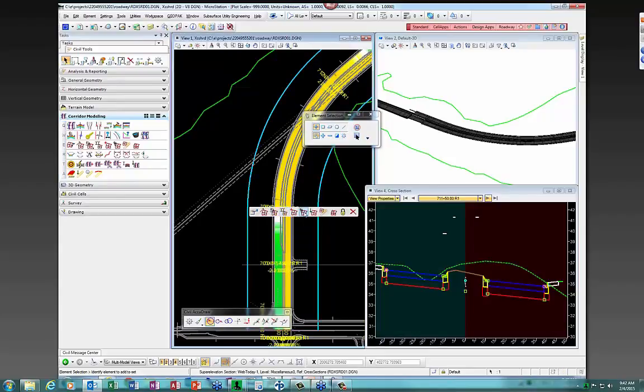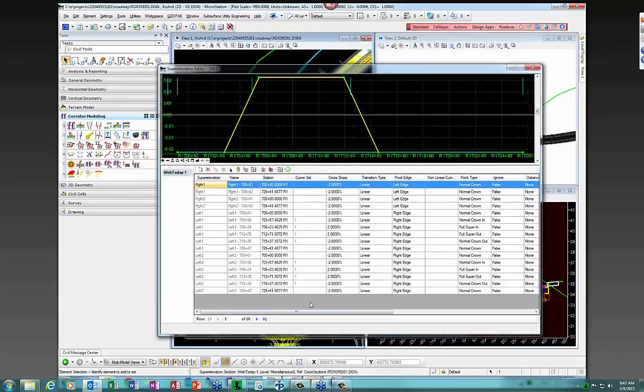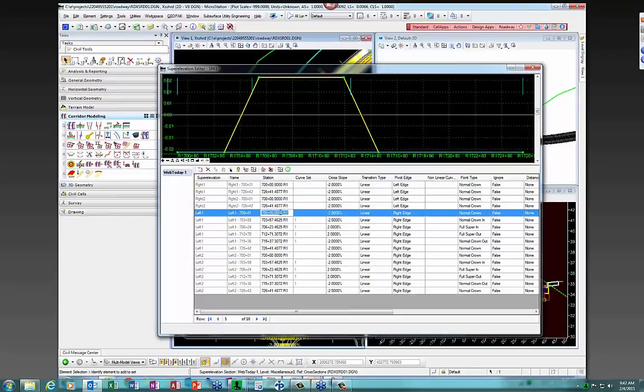Actually, it should open up right here. Okay. So here is basically all the transition control lines for here, and it's all these lines. If I didn't like these, or if they needed to be modified, I could come in and edit these here. I could also edit them graphically, or I could have edited those in the text file and done an